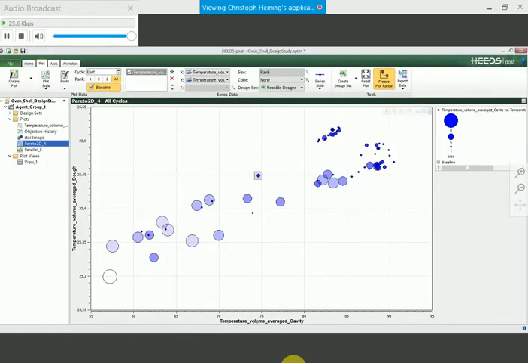You see a plot with the volume average temperature inside the cavity on the x-axis and the volume average temperature inside the dough. So each circle represents one simulation. This is our baseline simulation. And you see that we have some simulations where we got an increased temperature. And all these simulations that are on this curve that you can see right here, these are our best designs,